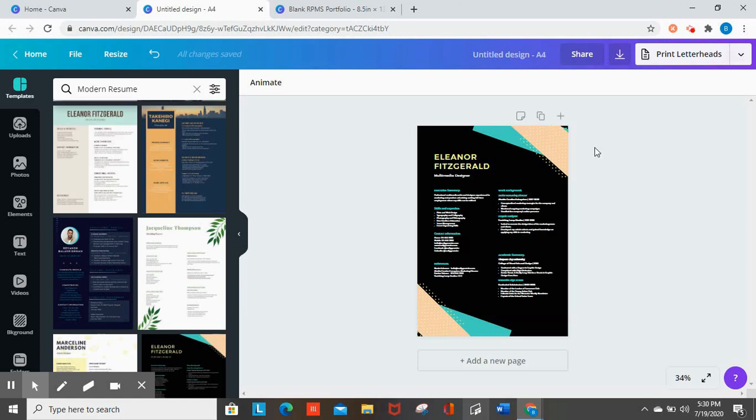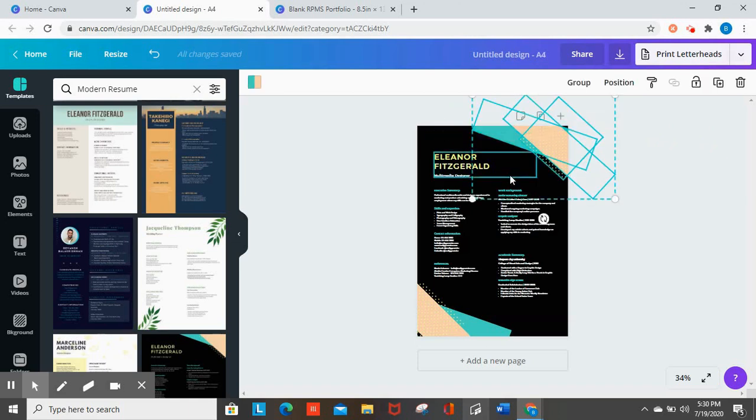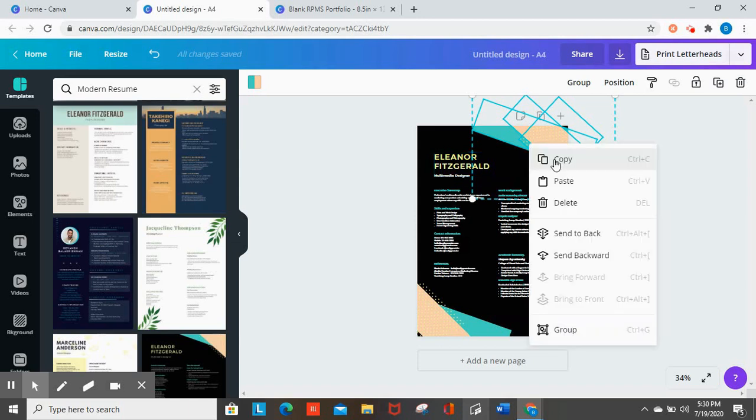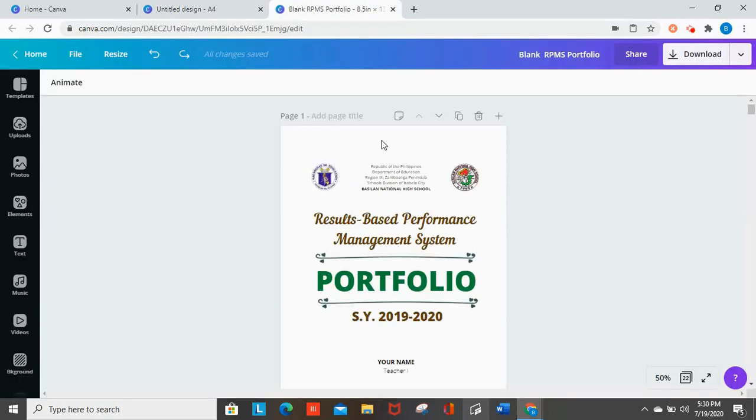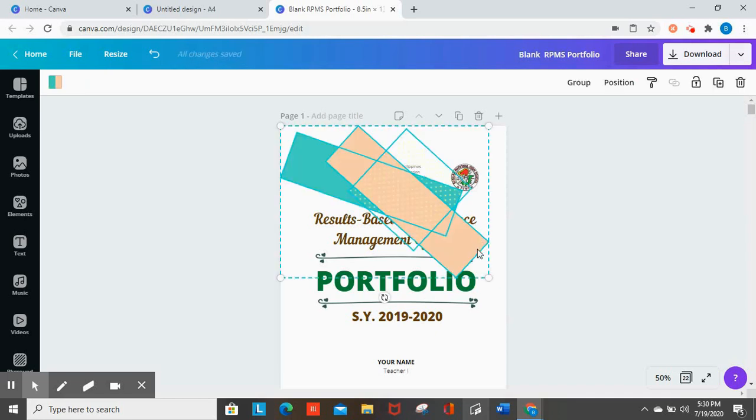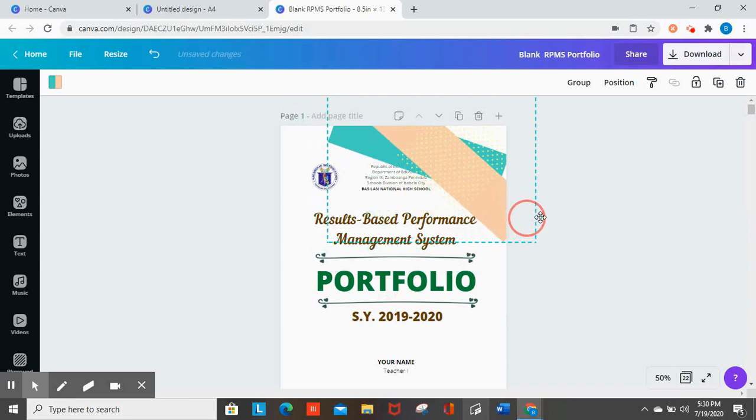Para makopy siya, lahat-lahat, kasi individual kasi ito, individual siya. Para mas madali siyang i-copy, just have to drag and select. Yan, pag ganyan na yung itsura niya, maraming boxes, tapos isang malaking parang broken lines na box, pwede na yan siya i-copy all together. So, right click and then copy, or I prefer yung Control C. And then, just have to paste it here sa ating blank design. Yan. O, diba? And then, pag ayaw nyo yung ganyan siya,